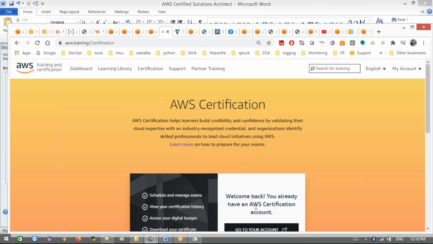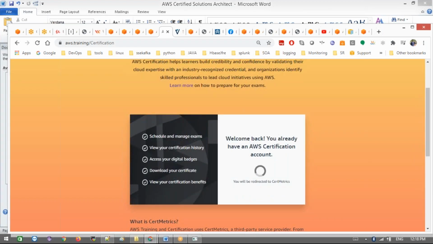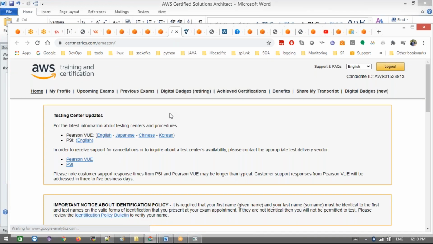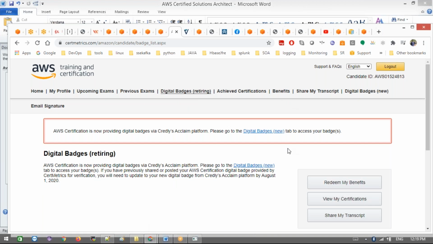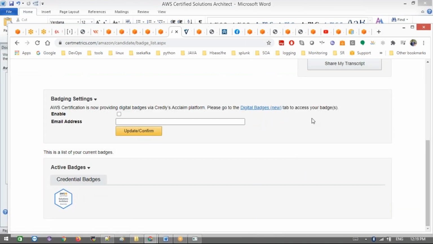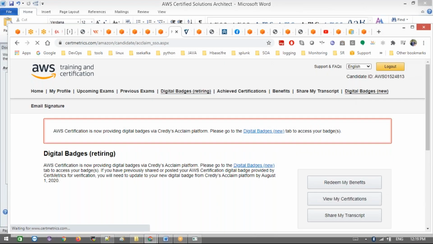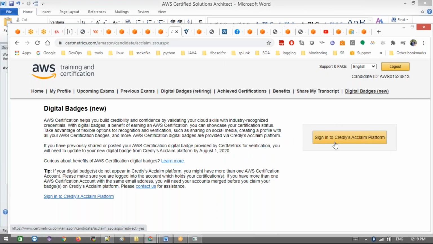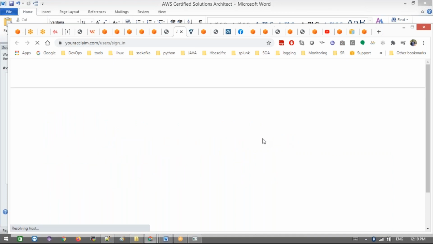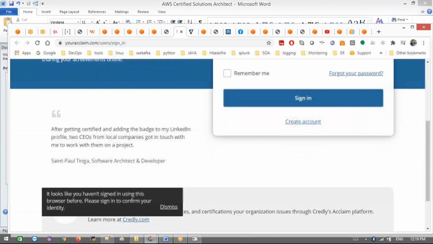Things I need to show. This is the certification logos, right? Where you can find all the stuff. When you get it, they will clearly show where you have that. Earlier, once you got the certification, it was here, but we still have the badges here. If you want to share on any social network, maybe Facebook or anything, you will get all these links in the digital badges here. This is the new one. Then go for this, claim your digital badges. They will give you the